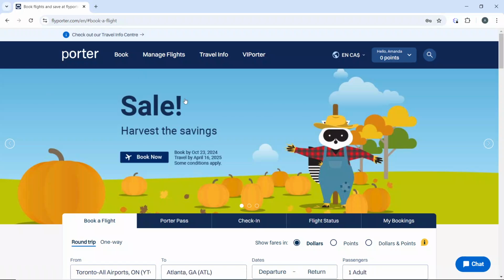Hello, in this tutorial, I'll show you how to add extra baggage with Porter Airlines. Now, here's a step-by-step guide on how to add extra baggage with Porter Airlines. The first thing to do is to open your preferred web browser and go to